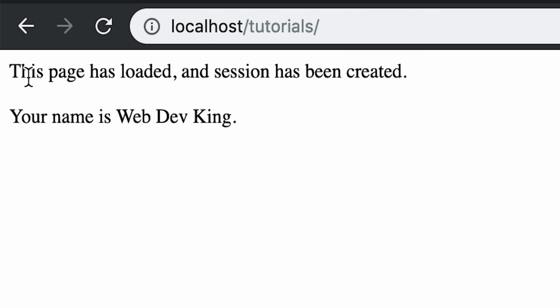As you can see, this page has loaded and a session has been created. That's our first line of code. And we have another line that's been echoed saying your name is Web Dev King. Now for security reasons, you can't actually view a PHP session on the client side. A client is what the user sees. If you're not the client, it's most likely to be a server, which is something that the client doesn't have access